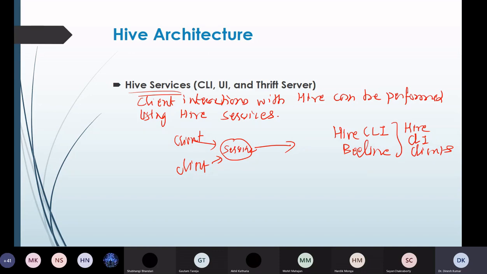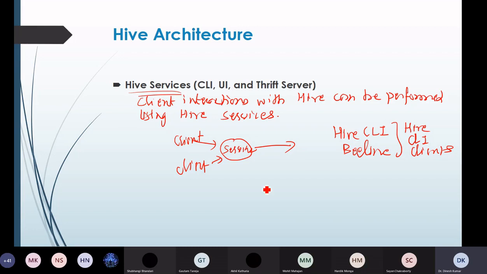This Hive CLI connects directly to HDFS and the Metastore, because Metastore is another very important component of Hive architecture, and it can be used only on a host with access to those services. So if a particular host has access rights to those Hive services, this Hive CLI can be used to give commands from there.